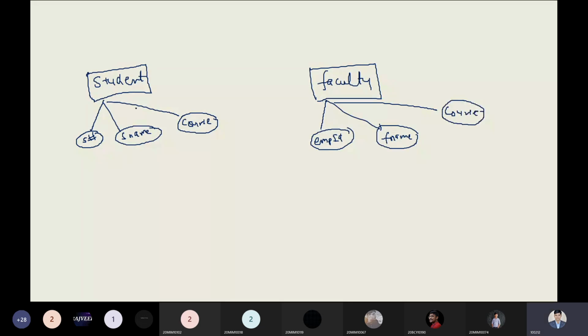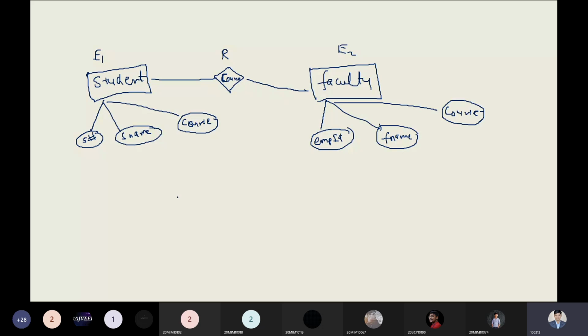So what is the common thing on which parameter we can make the communication? This is the course. So this relationship can be created like this. This is entity one, and for understanding I'm writing here, this is entity two, and this is the relationship R. This relationship will be formed only by the course. So what is the course which is offered by the faculty? That was my point. A relationship can also have its own values, no issue, we will see step by step. But how to represent such things is necessary.